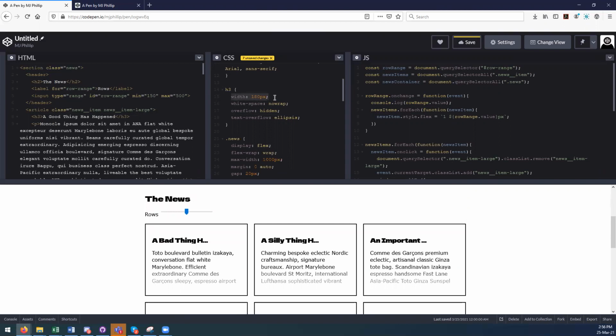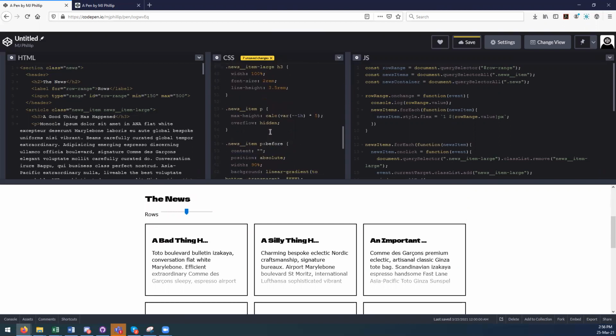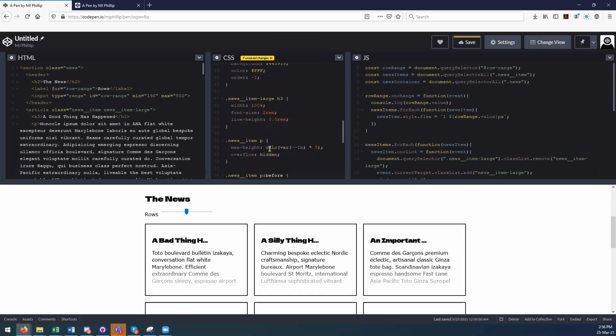So instead of a width of 180 pixels, I'm chopping it off at a height of that calculation, the number of lines times the line height there. And it's just having that overflow hidden. If I add text-overflow: ellipsis there, nothing happens because the paragraph doesn't have that same ellipsis feature. The way that you could add ellipses if you wanted to would be to